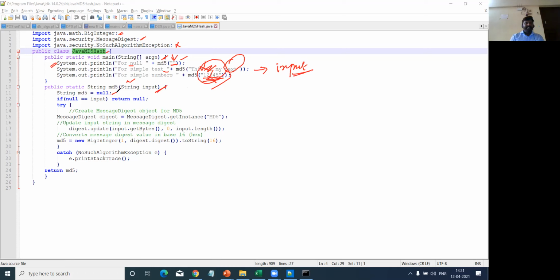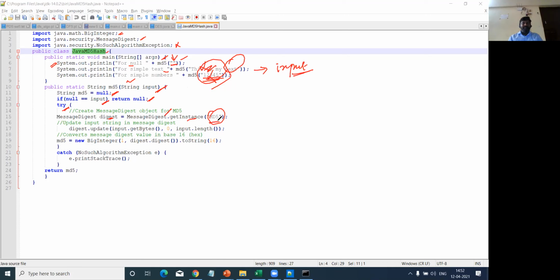Now here our MD5 function starts, right? Initially we are declaring this MD5 which is equal to, sorry, which is null. If null is equal to input, it is going to return null, and followed by this try-catch method. In that, I'm just creating an object which is MessageDigest, based on the package method, where getInstance is the method. Inside I'm going to call the MD5 algorithm, because it is a predefined function, right?